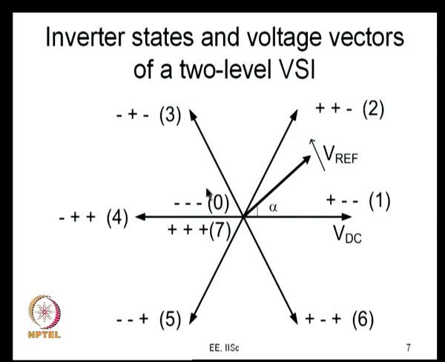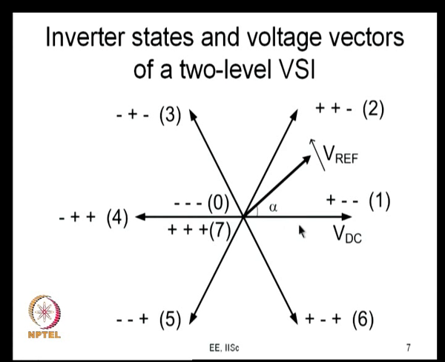So, there are 8 inverter states as I mentioned, and when the inverter is in the state plus minus minus, for example, what we mean is the R phase top device is on, Y phase bottom is on and the B phase bottom is on. Under such a condition, the inverter applies this voltage vector. That is, VRO is plus VDC by 2, VYO is minus VDC by 2 and VBO is minus VDC by 2, and this produces certain sets of 3 phase voltages VRN, VYN, VBN applied on the load,